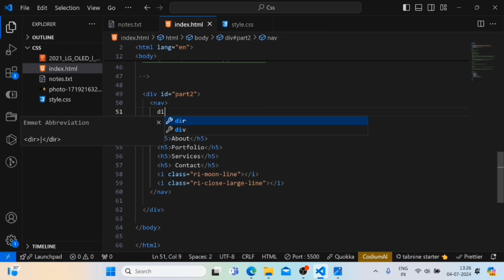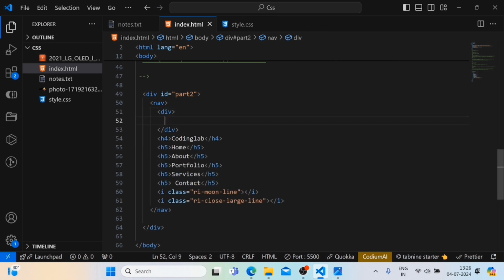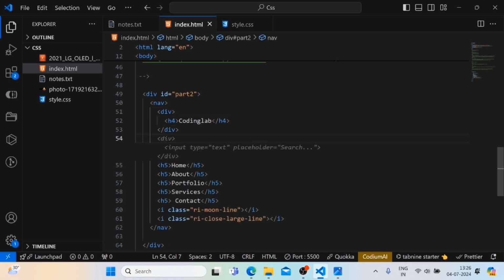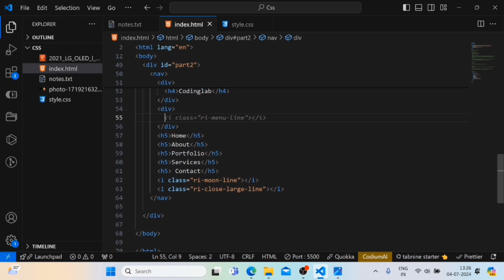So in the first div we will move this h1, and let's add one more div. In the second div we will move all this h5,